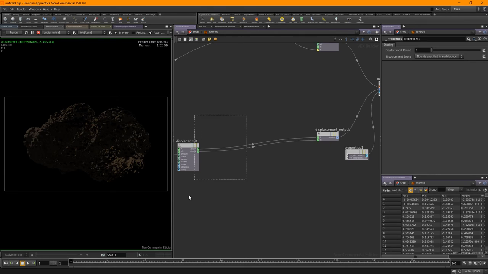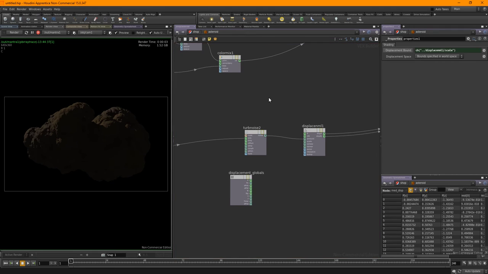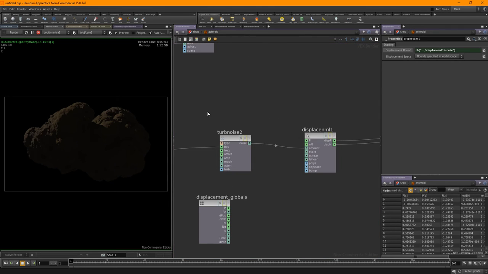The easiest thing to do is take your displace along normal, right click, copy the scale parameter and paste that into there, and it's fixed our object. Okay, so these are the two that we're interested in at the moment.